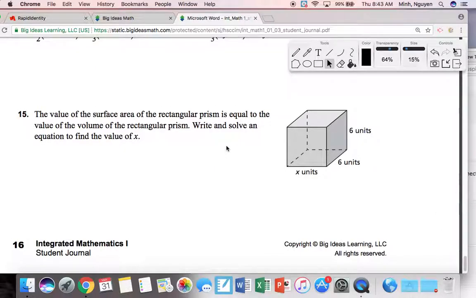So the value of the surface area of the rectangular prism is equal to the value of the volume. Write and solve an equation to find the value of x. So if you've got to write an equation, you've got to have an equal sign. So surface area is really just the number of sides, or the number of faces, times the area of each face. Because this is a rectangular prism,